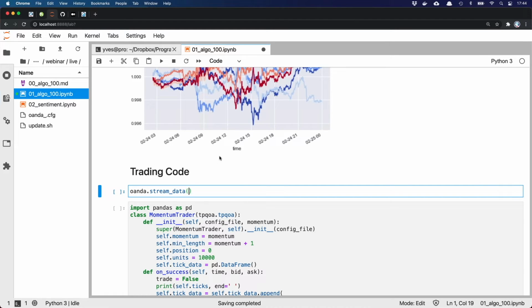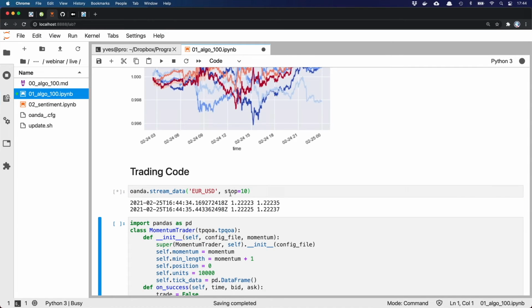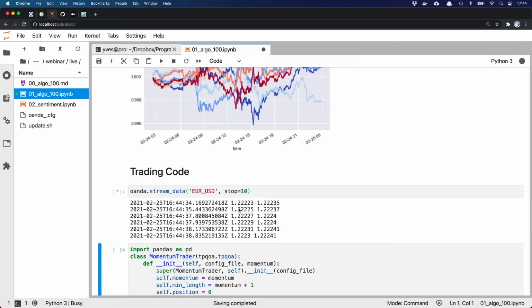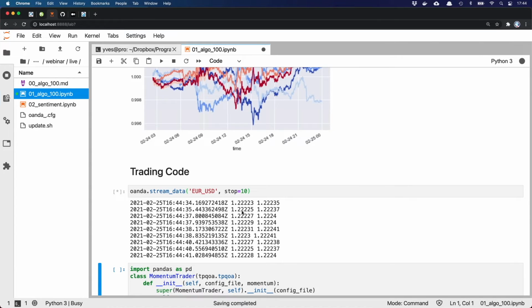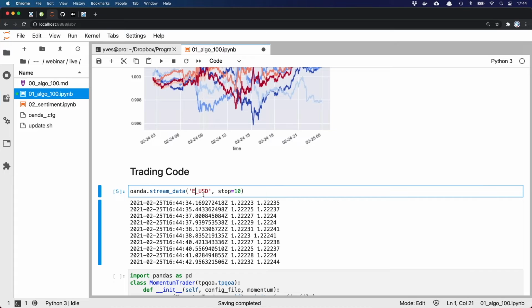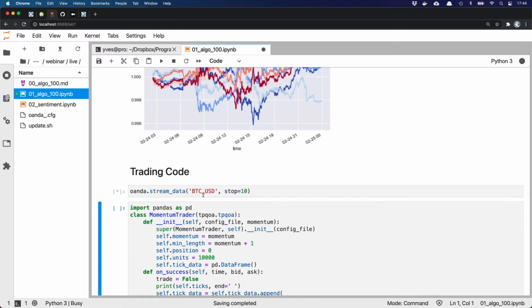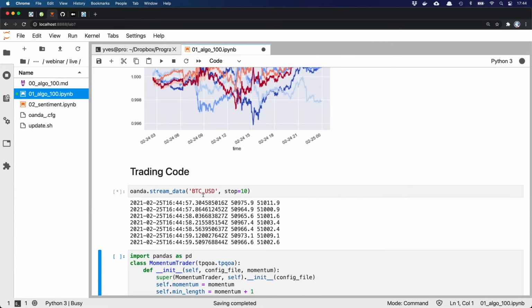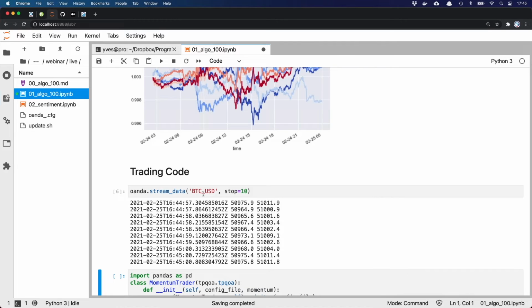So what we can do now, I can also stream data, euro, US dollar. There is a helper flag that I like to use for demos. So I have stop 10 and it now starts streaming here via the API, same data that we have seen before. There's a limit with regard to the number of ticks that we get, never more than 5 per second. And now you see we have retrieved the very current, the most recent data here for EUR/USD. Of course, we can stream others as well. For example, they provide Bitcoin data as well. So here we now get the current Bitcoin data also streaming.